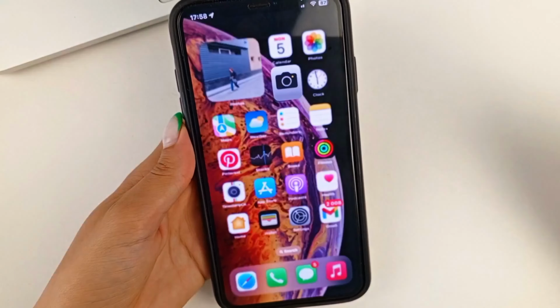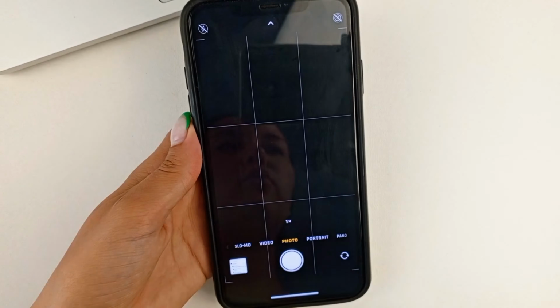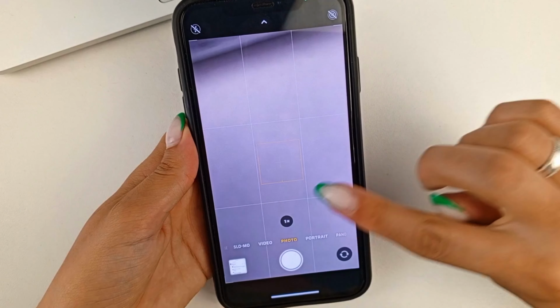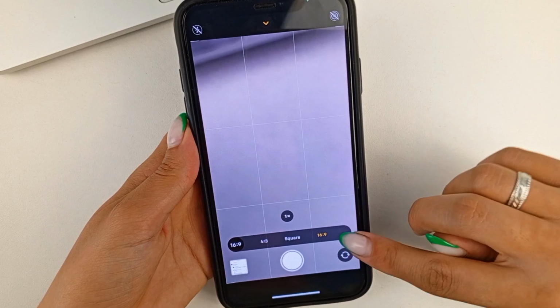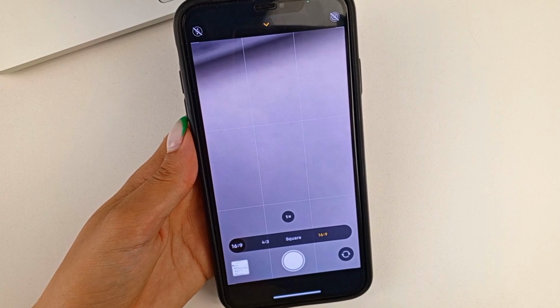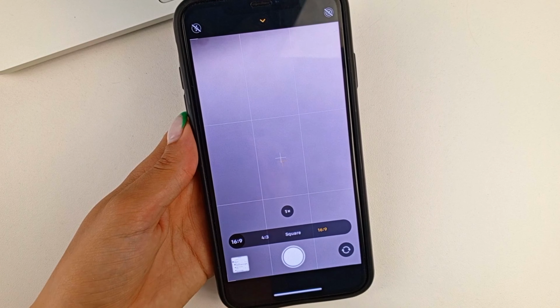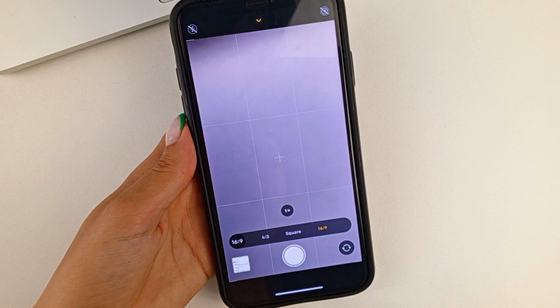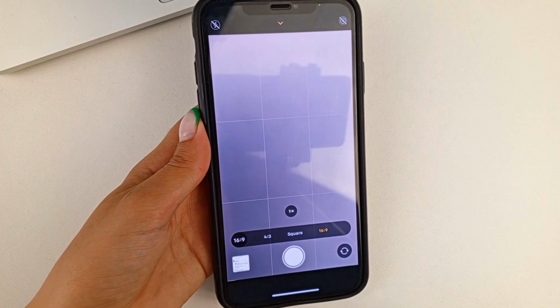But unfortunately, if you exit the camera and then go back in, you're probably not going to have a 16x9 photo. You're going to have a 4x3. At least if you take a few photos, exit the camera, and after some time, for example, after about 10 minutes return to the camera, the settings will be reset and it will be 4x3 again.